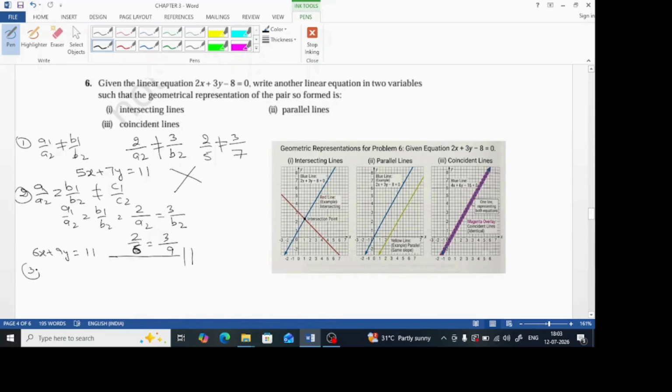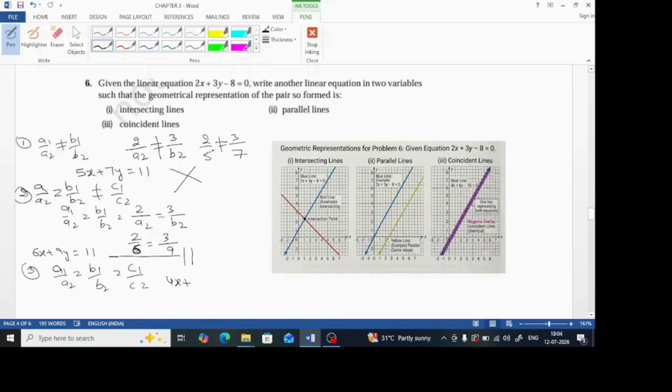Now the third part: we should have coincident lines. When the lines are coincident, they are overlapping each other. We can see here when they are overlapping. In that case, a1 upon a2 is equal to b1 upon b2 is equal to c1 upon c2. All should be equal. Our equation will become 4x